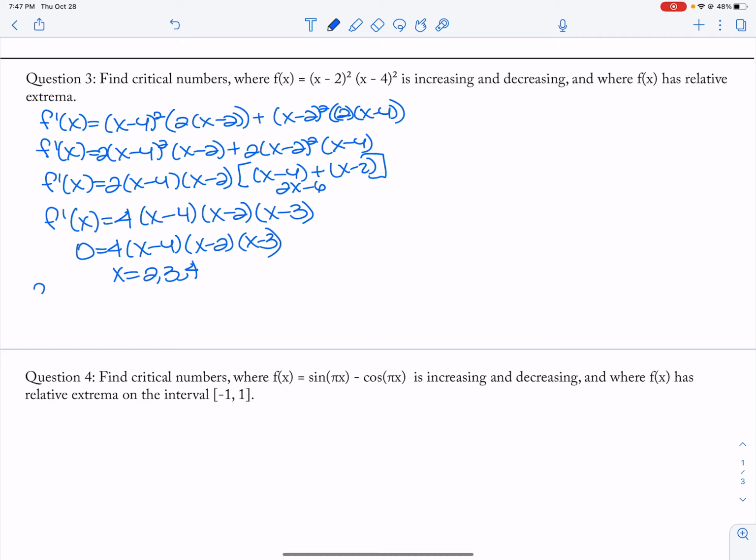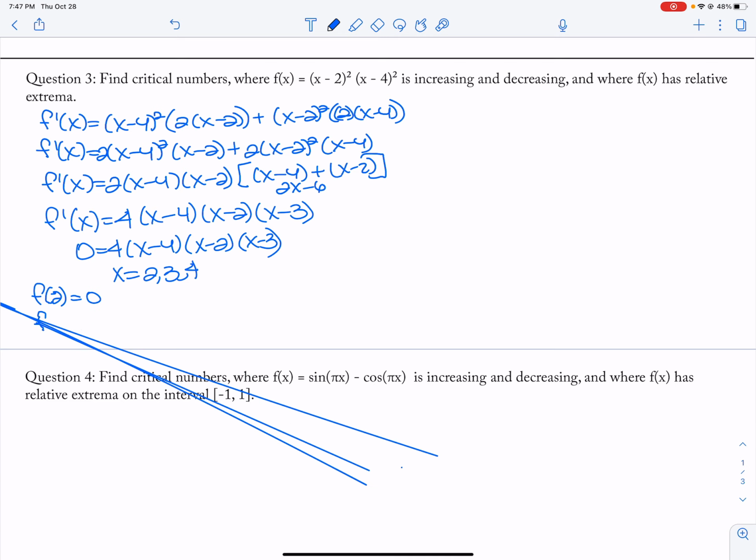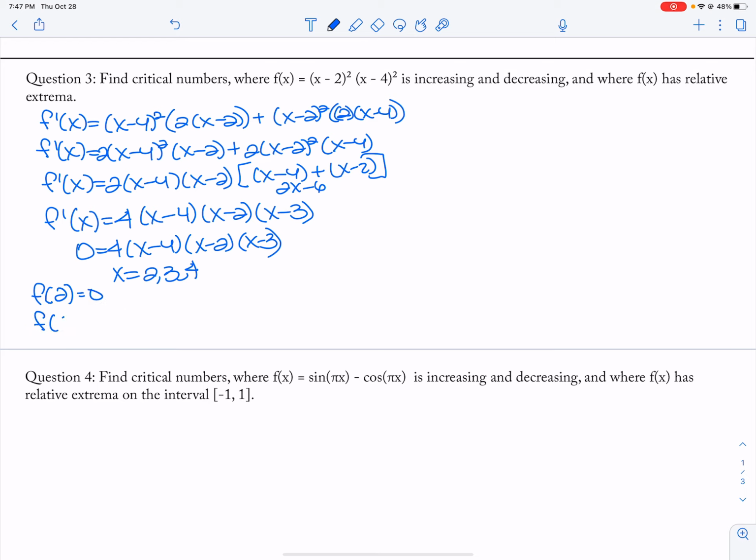And when I do this, I get f of 2 is equal to 0. Sorry about that. f of 2 is equal to 0, f of 4 is equal to 0, and then f of 3 is equal to an actual number, which is 1. Okay, so now I have interval, test value,